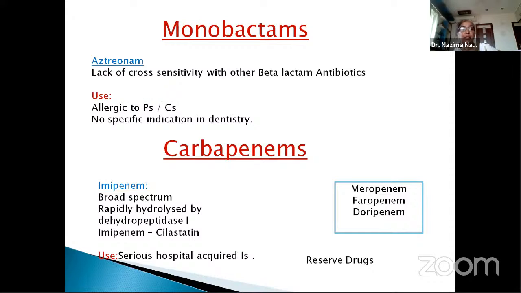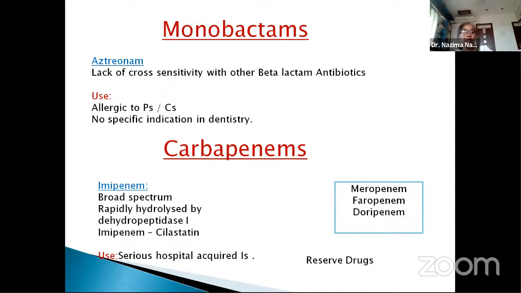Then coming to the carbapenems, which are also included under the beta-lactam antibiotics. Now, these again have a beta-lactam ring and therefore they are included in the beta-lactam antibiotics. Examples like imipenem. This imipenem has a broad spectrum nature, it acts on a large group of organisms. However, the limitation of this drug is that it is rapidly hydrolyzed by the enzyme dehydropeptidase 1, and therefore